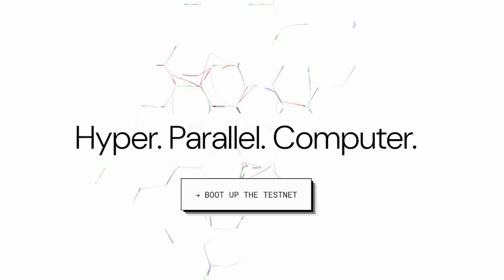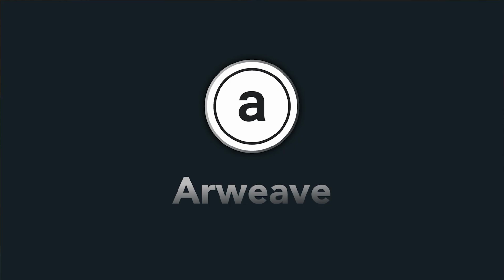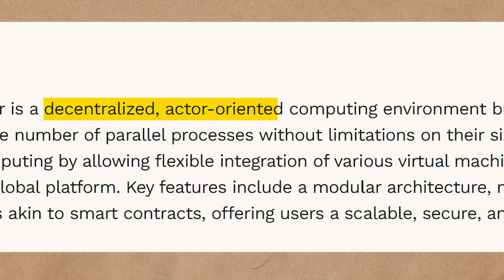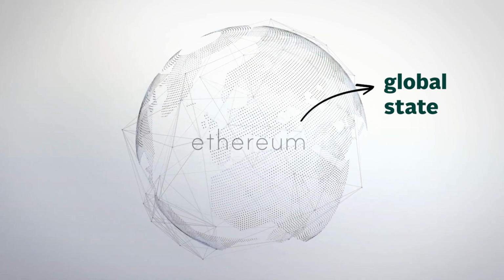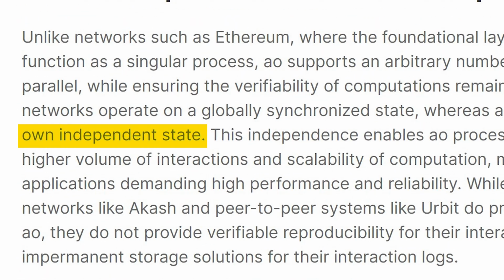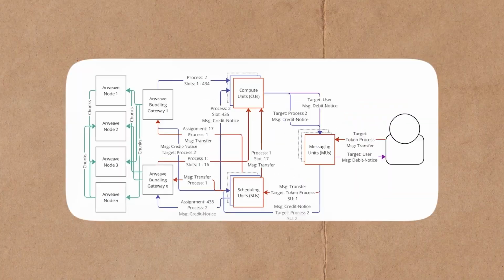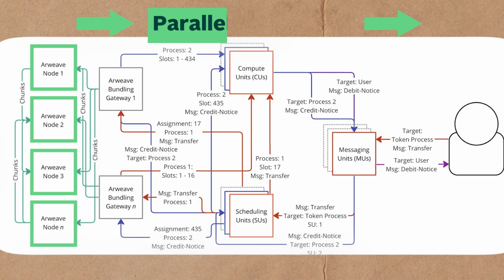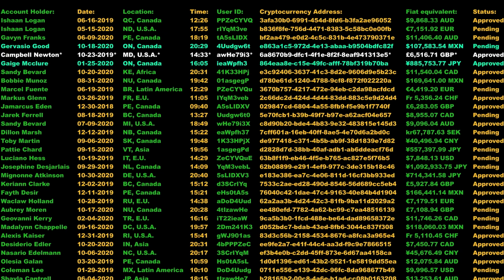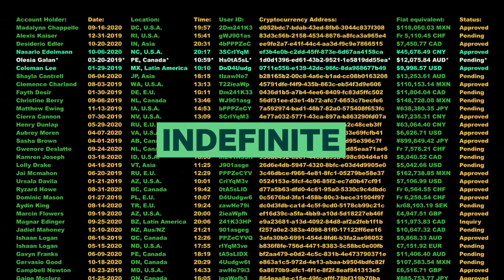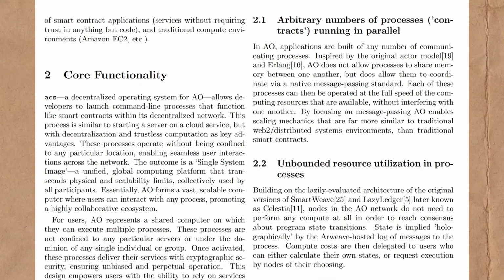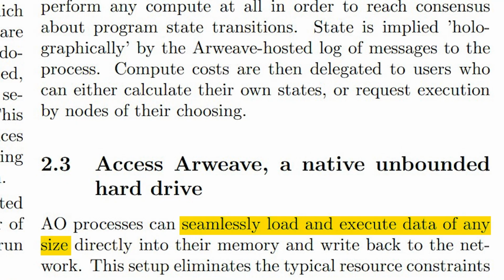The AO computer is a new network built on top of Arweave that aims to provide a decentralized, actor-oriented computing environment. Unlike traditional blockchain networks like Ethereum that rely on a global state, AO works with a localized state for each application for enhanced performance and scalability. This is done across multiple nodes for parallel processing and allows for an indefinite number of processes at the same time. As the underlying data storage, Arweave will play a key role in letting processes seamlessly access and execute data